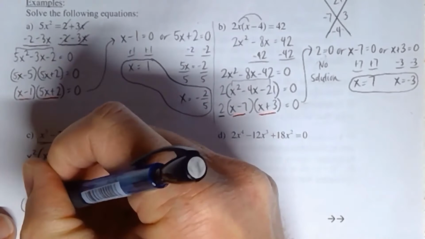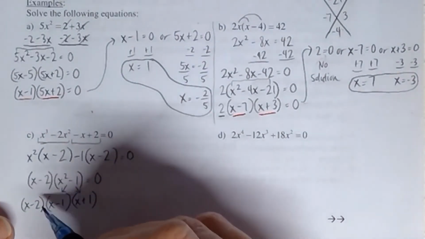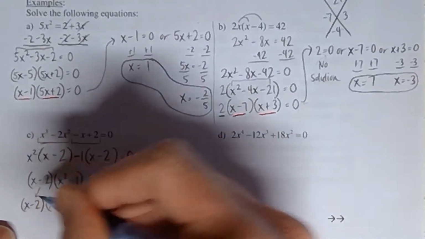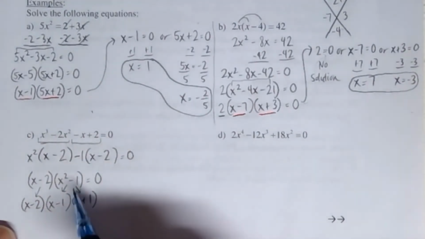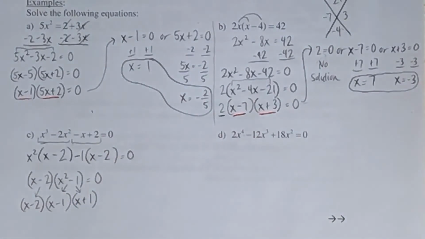The x minus 2 is already prime because it has 2 terms with x to the first power in it. So I already knew that one was prime. I don't need to touch that anymore. But this one, because you have something squared minus something squared in your bracket there, that's what you need to look out for, you guys.